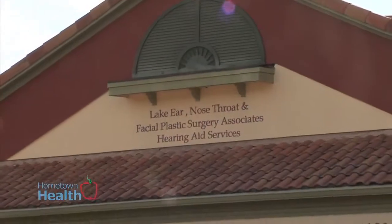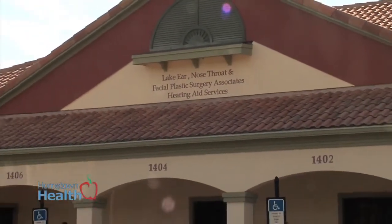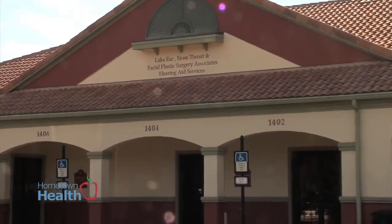Swallowing is one of the most complex neuromuscular interactions in the body. If you're having difficulty swallowing and you're not having a food allergy, you could suffer from dysphagia. Speech-language pathologist Rebecca Hill with Lake Ear, Nose, and Throat explains the non-invasive procedure she performs to look inside the